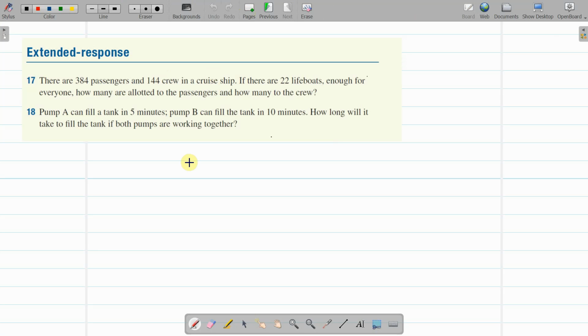So this is chapter 1 still. The last two questions of the chapter review. We have extended response ones, so it may be a little bit more challenging. We've got 384 passengers and 144 crew on a cruise ship. If there are 22 lifeboats, enough for everyone, how many are allotted to the passengers and how many to the crew? Alright, so to link this in with the topic of ratio and rates,